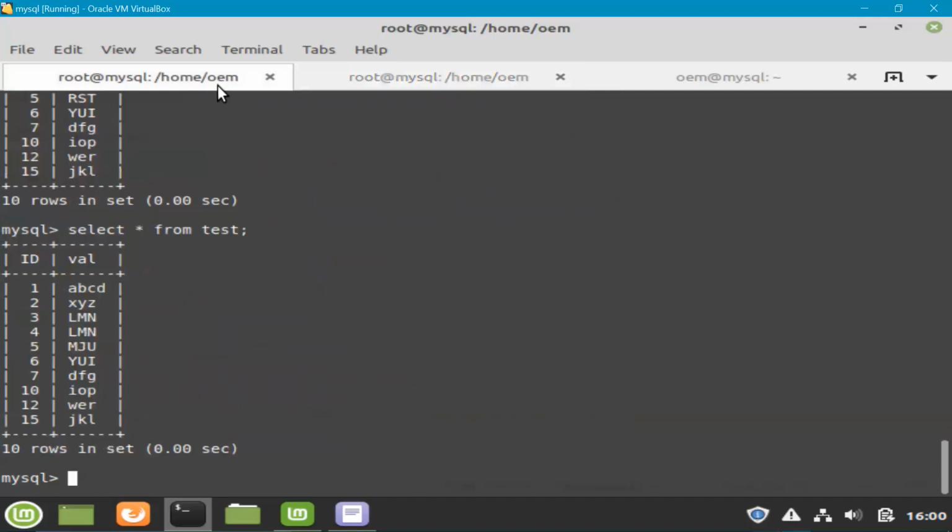If I commit here, then you will start to see a new value, which is MJU. So far, so good. This time you don't see any writing. Okay, but is there any problem with this isolation level as well? Yes. There are a few things that could be problematic in this isolation level as well.